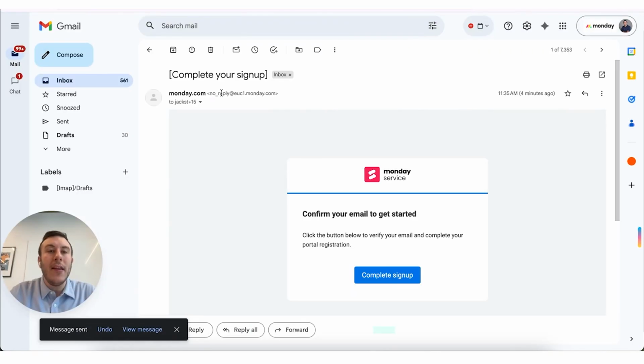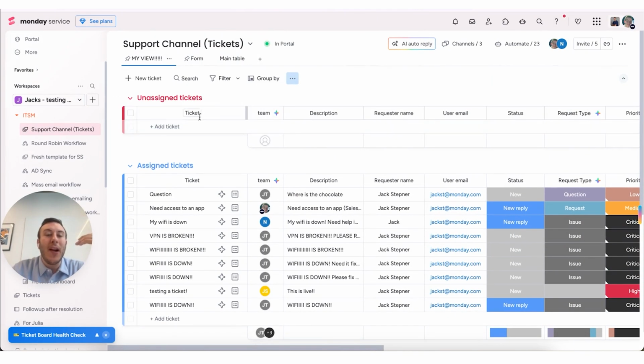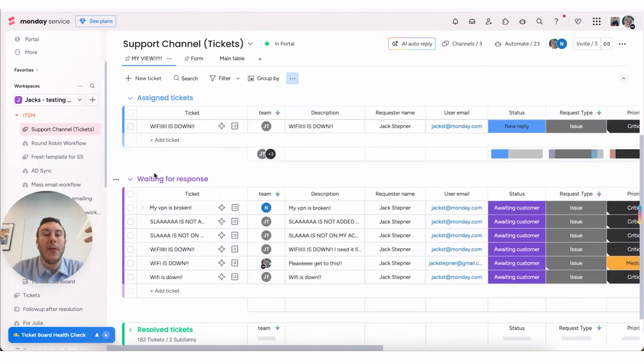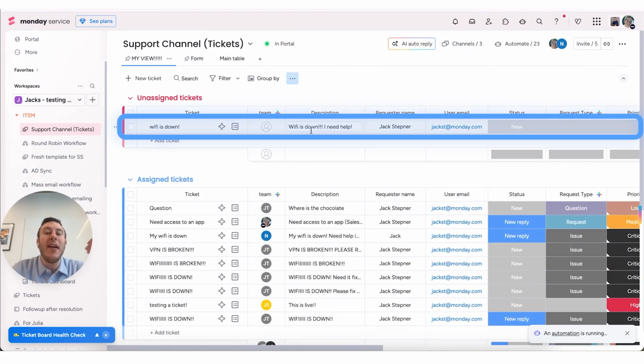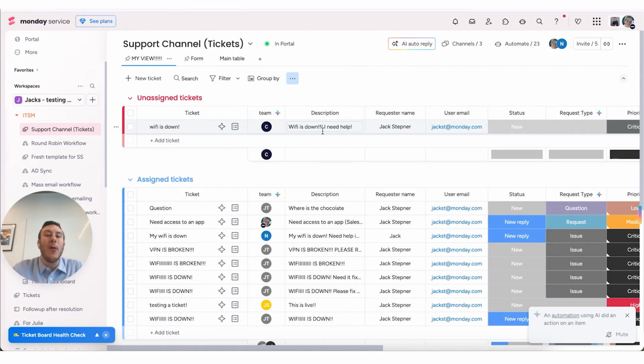Upon sending that, I'll see that reflected within my email provider. And then I'll also see that within my ticket board. Within my ticket board, I have different groups: unassigned, assigned, waiting for response, resolved, etc. And again, very customizable according to your needs. So I basically want to get a high level overview of the tickets and where they are within the ticket